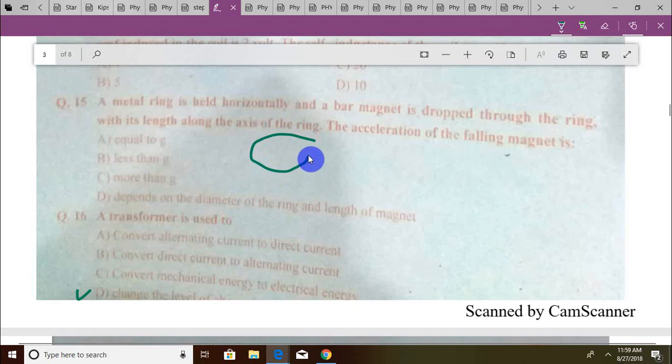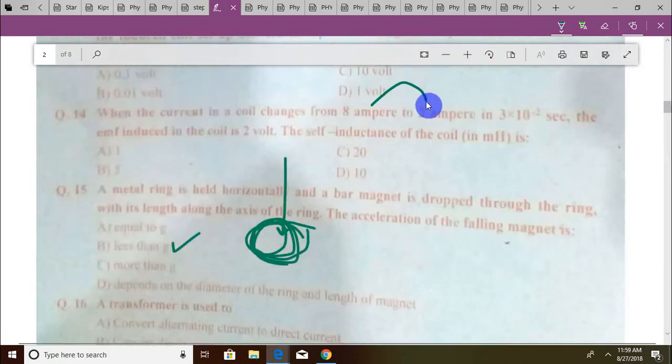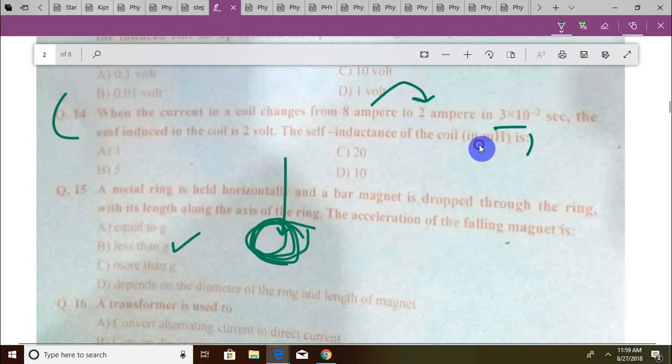हॉरिजॉन्टली हमने होल्ड किया, बार मैग्नेट हमने ड्रॉप किया थ्रू द रिंग विद इट्स लेंथ अलोंग द एक्सिस। एक्सेलरेशन कैसे होगी? इक्वल टू g नहीं, लेस देन g होगी। वजह ये कि यहाँ रिपल्जन एग्जर्ट हो रही है। 2 एम्पियर में इतने टाइम में EMF, द सेल्फ इंडक्टेंस इन द कॉइल इन मिली हेनरी। हेनरी एक ऐसा यूनिट है जो आपको अनफेमिलियर है, इसको करना बहुत इंपॉर्टेंट है। अगर आप बुक में देखें तो यह काम चल जाएगा।